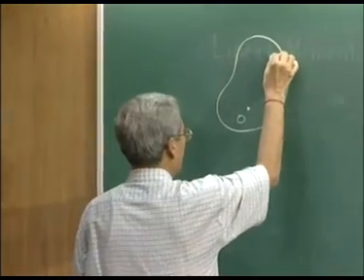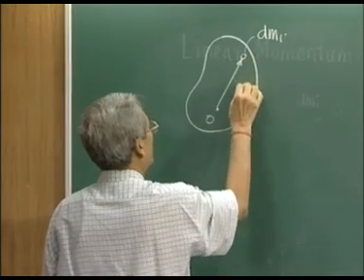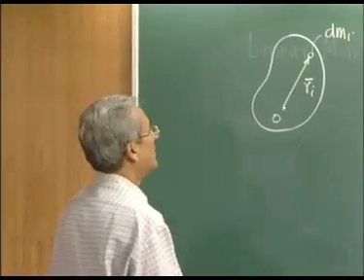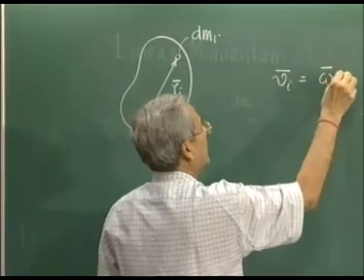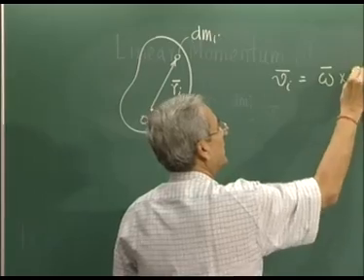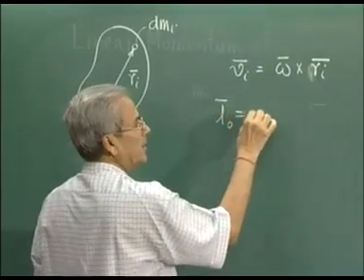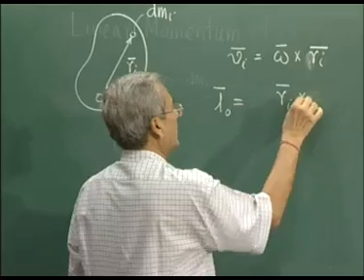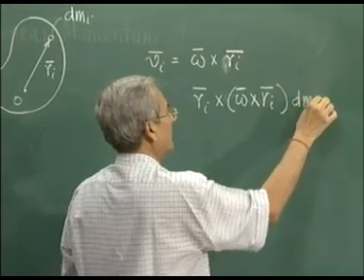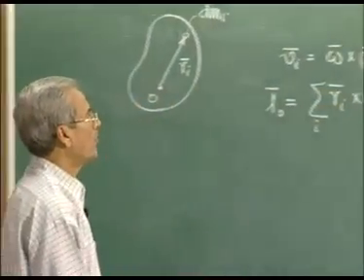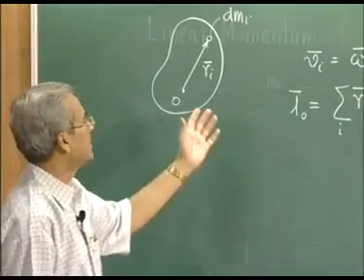So, this is a simpler situation, and the particle mass dm_i is considered to be at a location R_i with respect to this point O. Then its velocity will be simply omega cross R_i, and the angular momentum about O will be